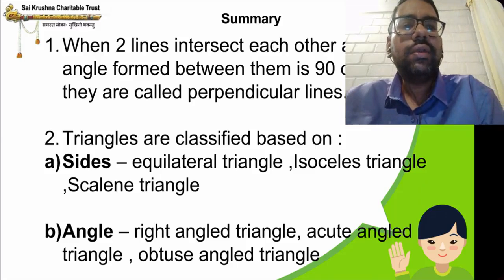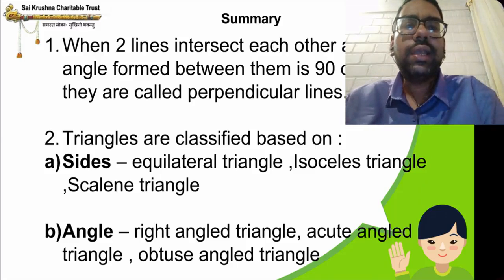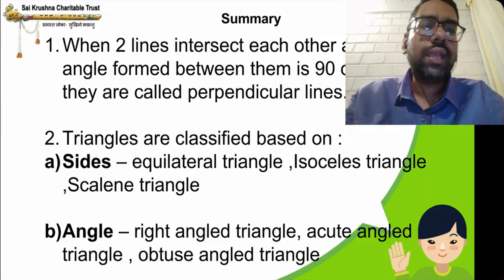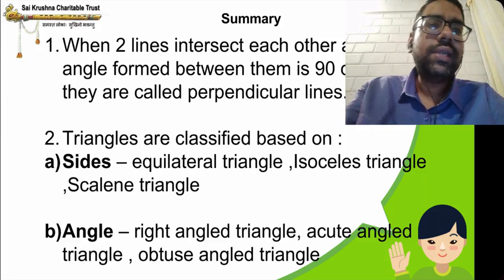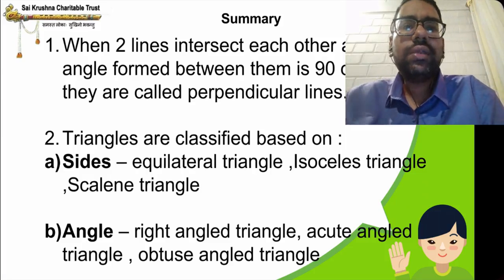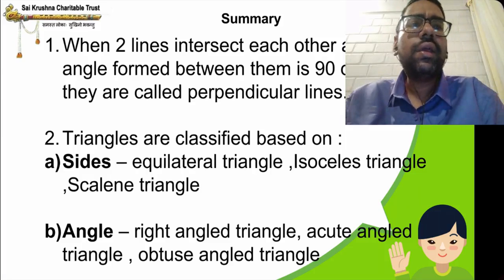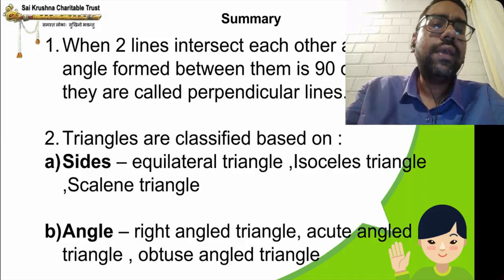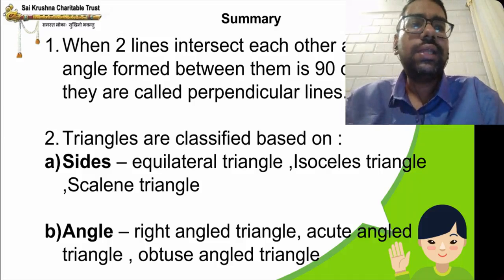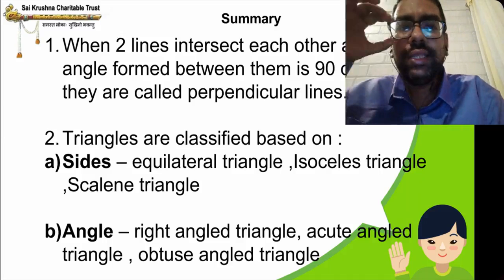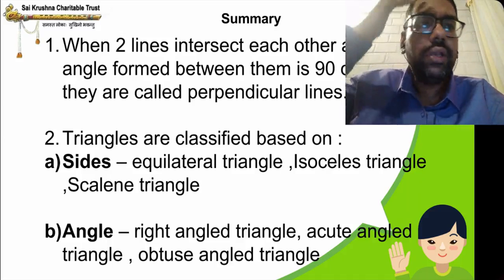What is an equilateral triangle? All sides are equal. Isosceles triangle: two sides are equal. Scalene triangle: all sides are unequal. And based on angles, right angle triangle: if one of the angles in a triangle is 90 degrees, it is called a right angle triangle. Acute angle triangle: if all the angles of the triangle are less than 90 degrees, it is an acute angle triangle. Obtuse angle triangle: if one angle of a triangle is greater than 90 degrees, it is called an